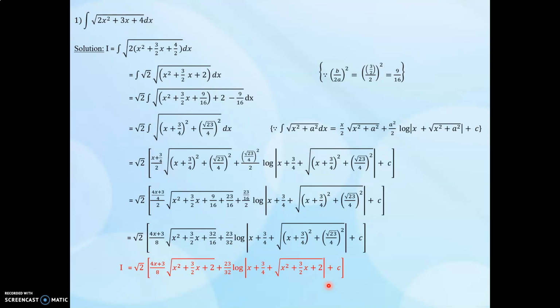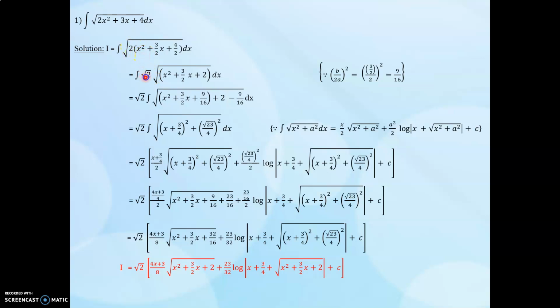Next question is integral root of 2x square plus 3x plus 4 dx. Here this is ax square plus bx plus c format. So you have to take the coefficient of x square outside. Then you will apply b upon 2a whole square. We have to add and subtract it, in the similar pattern we have solved already. So here in the integral, we can take this 2 outside of this question. So that is 2 into x square plus 3 upon 2 x plus 4 upon 2 into dx. Then we can take this number outside.